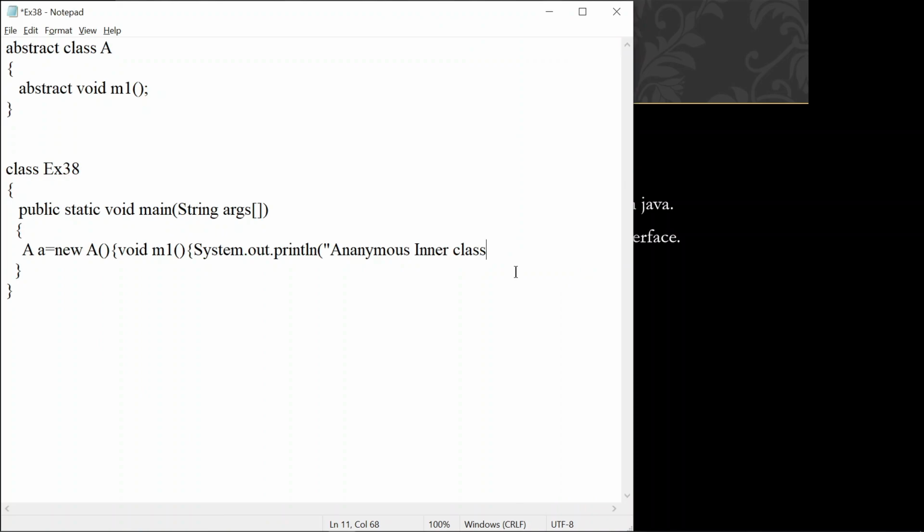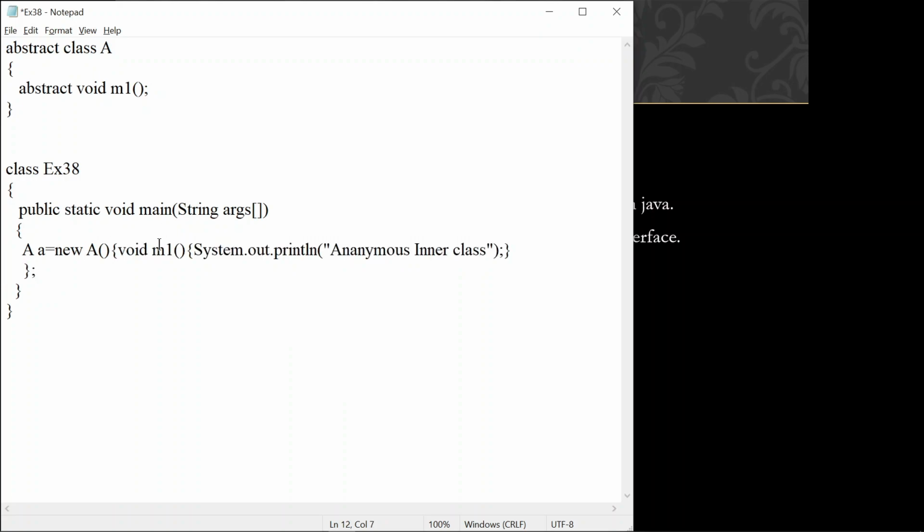Now I am closing the println, putting the semicolon, ending the main method, and after that you need to put one brace, closing this. From here to here we are closing this one, and after this you need to put a semicolon.